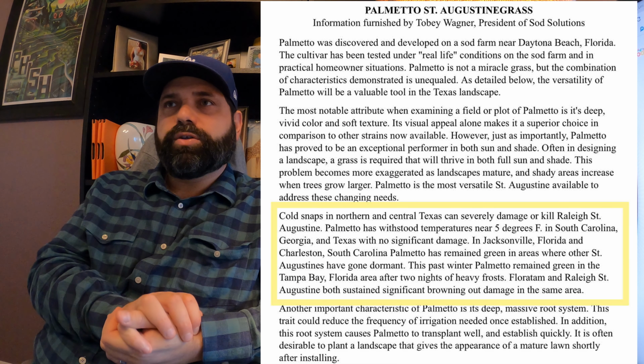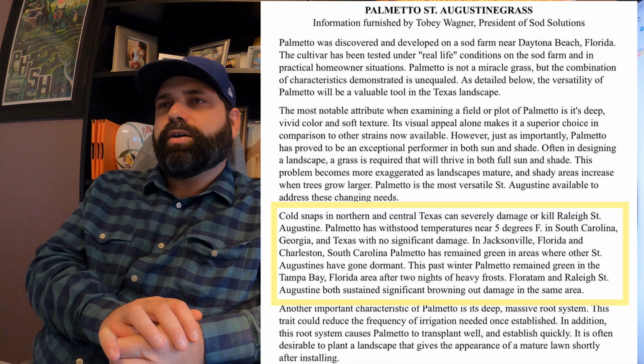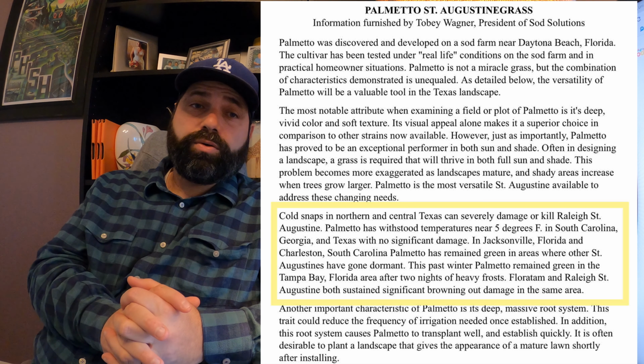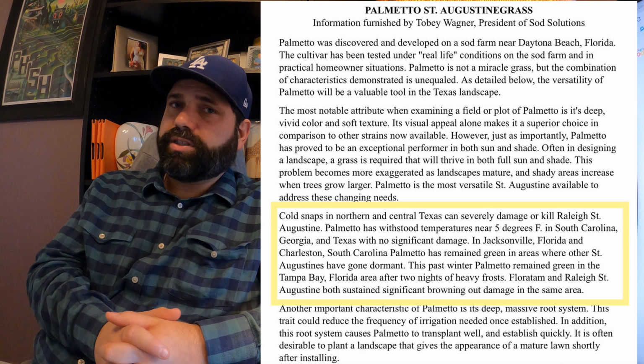So in looking at the St. Augustine Palmetto, I had to do some digging to find some of this stuff, and I'll post it here so you can take a look at it while I'm talking about it. There are some studies that were done in the Charleston area and other parts of North Carolina that Palmetto St. Augustine has actually been known to survive 5 degree weather, sustained 5 degree weather, which we don't really see here at all. Our average snowfall here in the Charlotte area is about 2.3 inches a year,